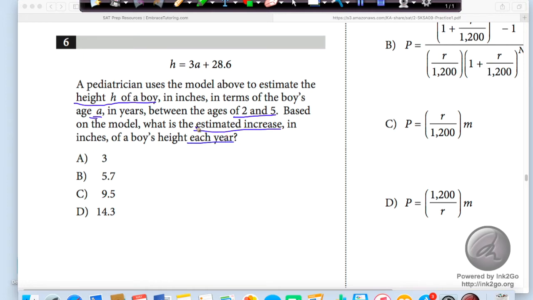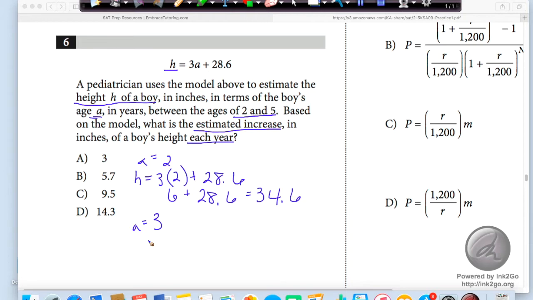All right, now this problem seems more complicated than what it is, but really what they're saying is, let's say the age equals 2 versus his age equals 3. This is the equation that they're using. So his total height is going to be his age times 3, the rate at which he's growing, plus this incremental value here. Let's say the total height when the boy is 2, I'm going to have 3 times my age, which at this point is 2, plus 28.6. So here I'm going to have 6 plus 28.6. That's going to give me